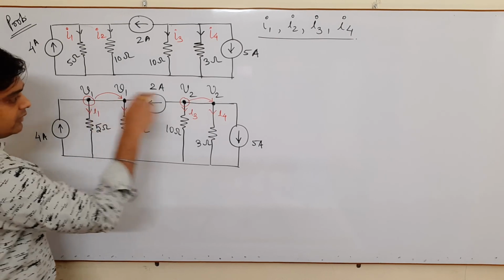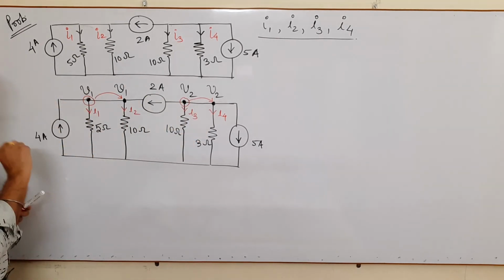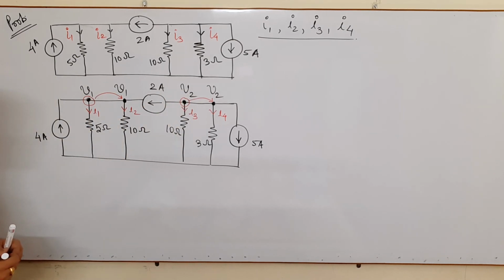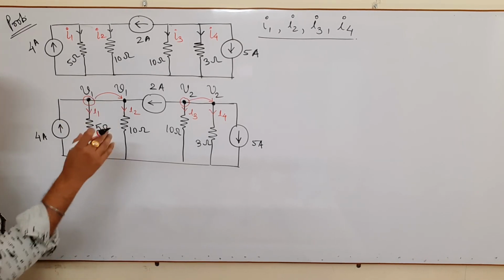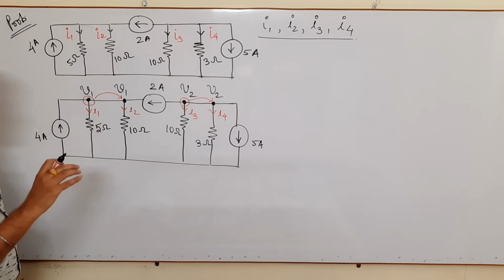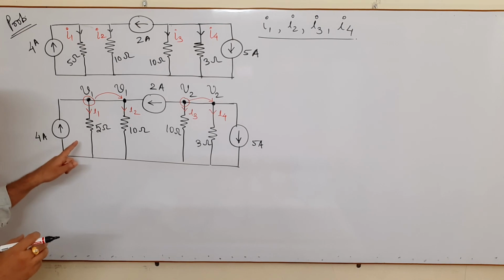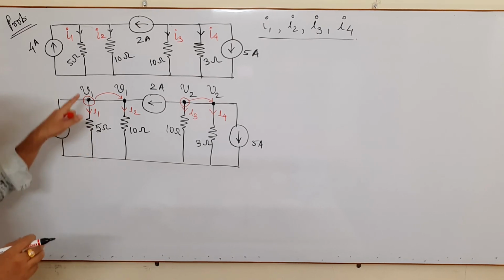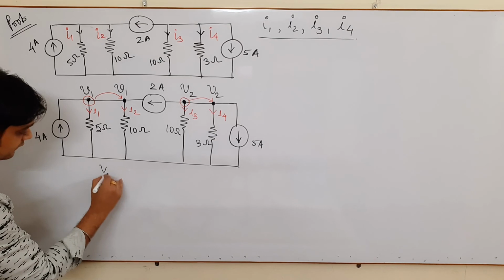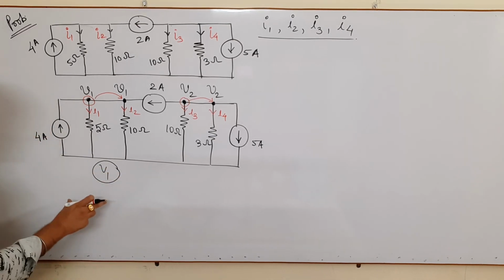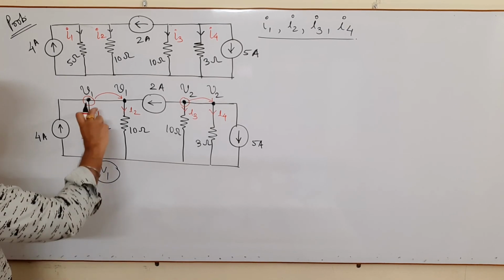So this is V1, this is V2, and first our task is to find the value of V1 and V2. So this we will find using nodal analysis. Okay, so why I am solving these questions is just to understand the basic concepts of how to find the current and voltage with the help of KCL and KVL. Now we apply here our KCL analysis. So first of all I am applying at node V1. I am writing the KCL equation here.